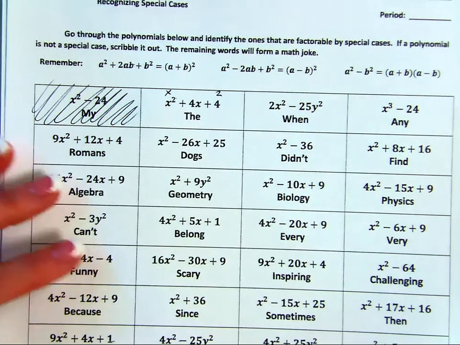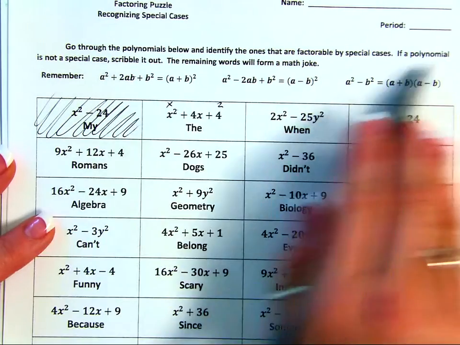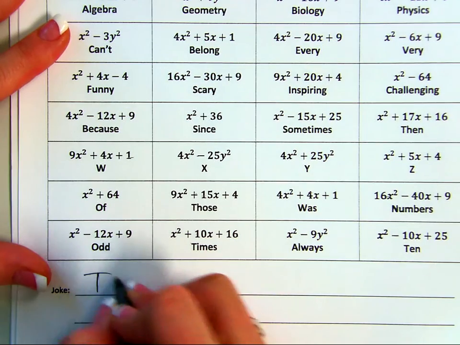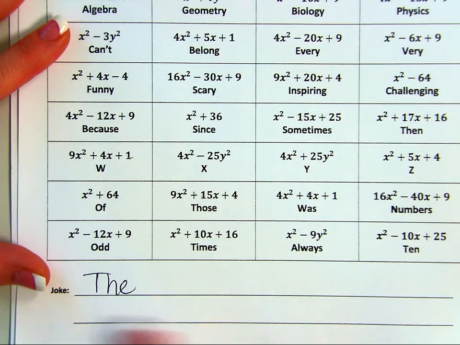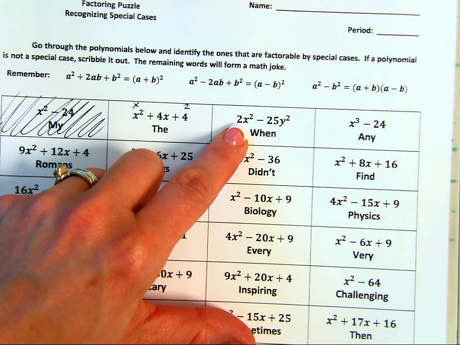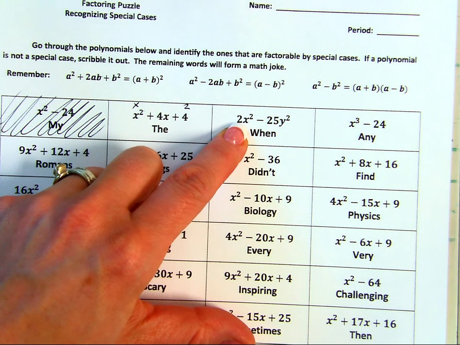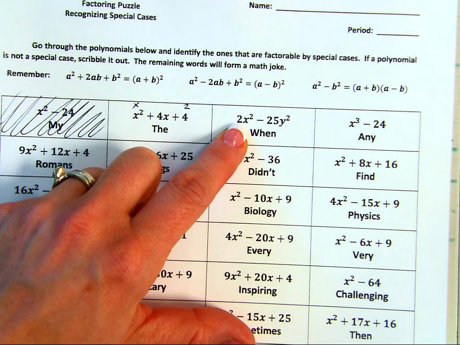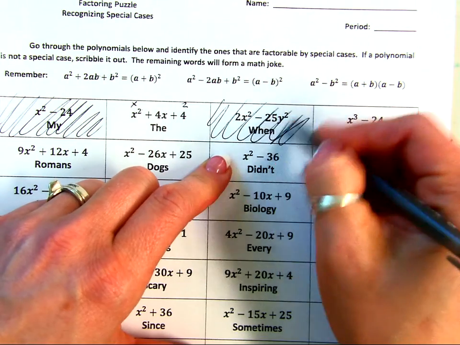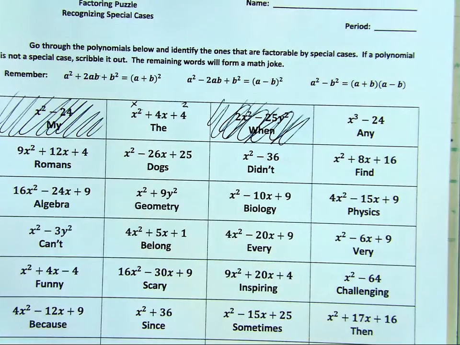So you're going to go through the polynomials, identify the ones that actually are factorable. If it's not, scribble it out. The remaining words will give you a little joke. Okay? So, perfect square, or is that a perfect square? This is a tricky one. Is there any number you can multiply by itself to get 2 that's a whole number? No, not factorable or not a perfect square. Okay? So you understand what to do? All right, so you're